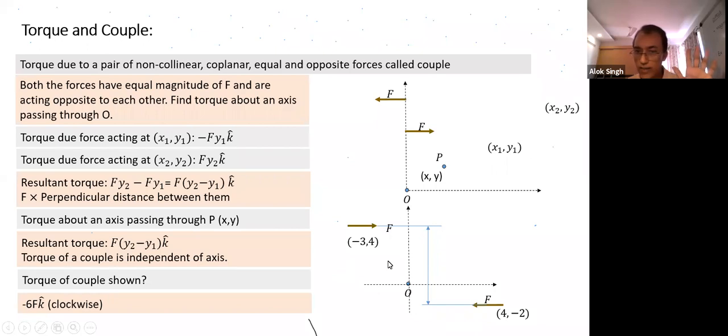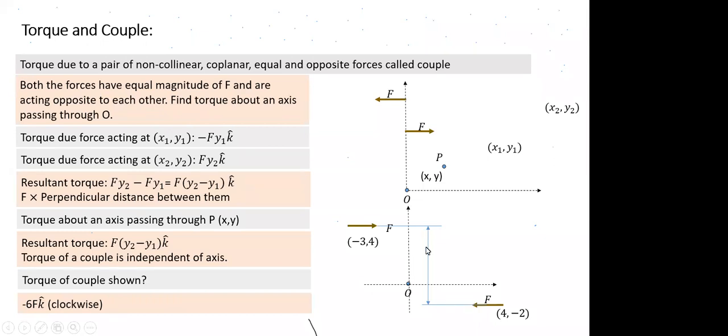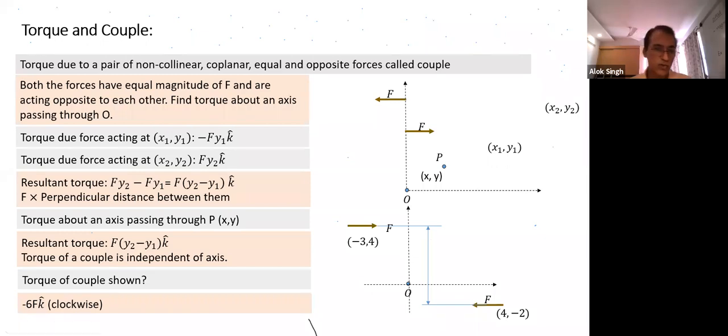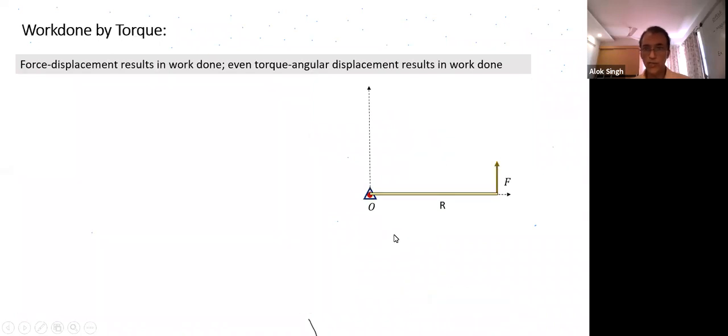You understood what he had done? Even though the forces are not acting there, we can extend the line here. We just need to find the forces' horizontal and vertical distance. So there is no complication. It's a simple thing, and all of you should be mentally convinced that you can easily find it. Right? So finding torque is easy.